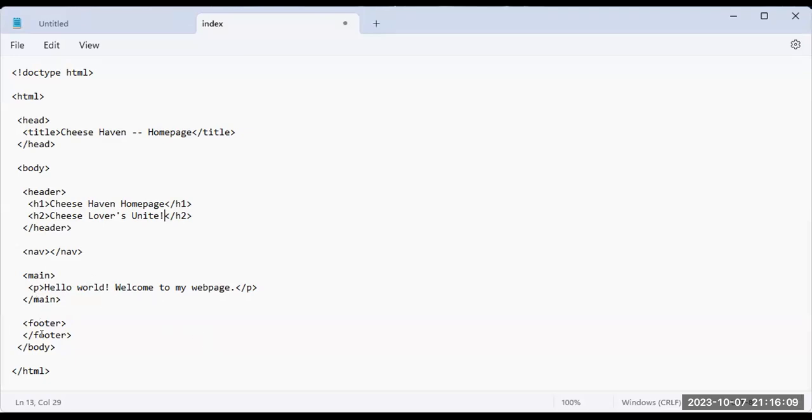Now, inside the main tag is where we're going to put our main content for the page. Again, this is going to also appear on the screen, so we can include information about our restaurant. Cheese Haven is the premier restaurant for cheese lovers of all kinds. We have creamy cheeses, baked and melted cheeses,